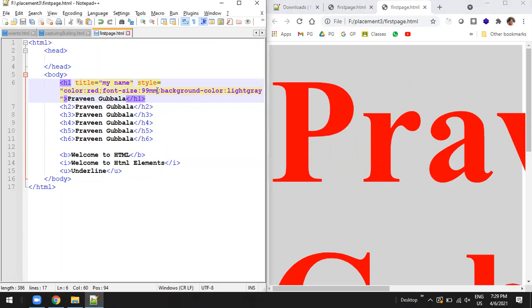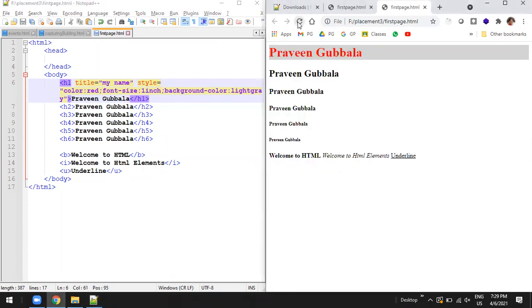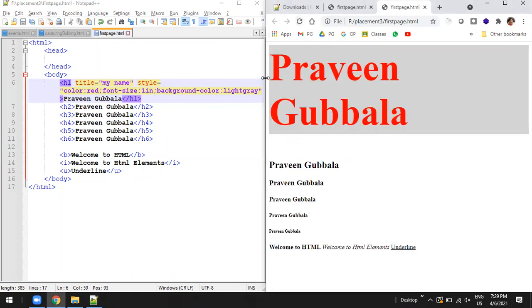If I provide 1 in, or 1 inch, yeah, it is inch only, I think so. Or centimeter, font size is equal to 1 cm.